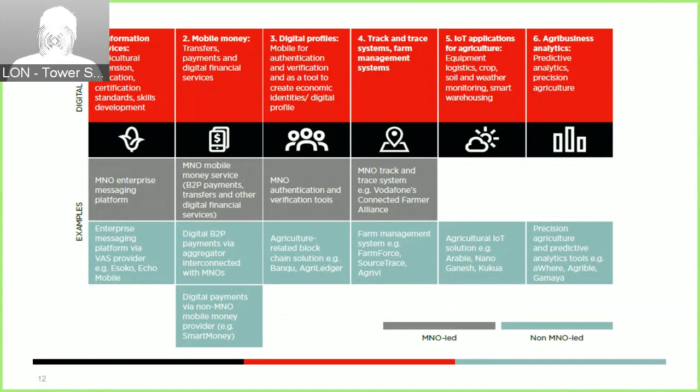Finally, in the field of agribusiness analytics, we have a range of tech providers really out there that are using big data and artificial intelligence to provide real-time decision-making support to agribusinesses. Here we mention a few companies like Aware, Agreeable, Gamaya. Amongst these, for example, we have Aware that is increasingly targeting developing markets with its technology. Their technology essentially uses analytics to offer an agribusiness agronomic advisory that changes dynamically and in real time depending on weather patterns.